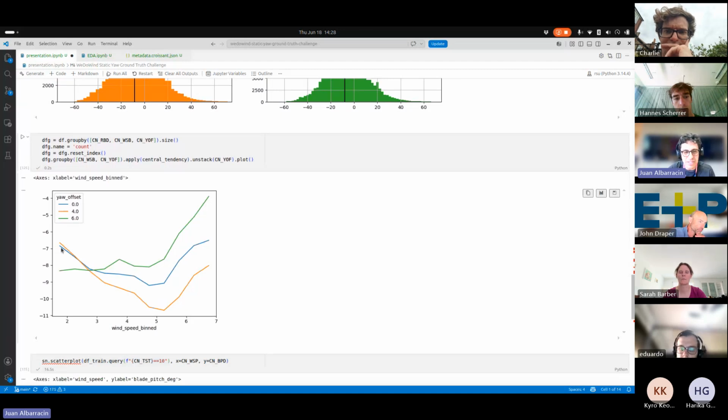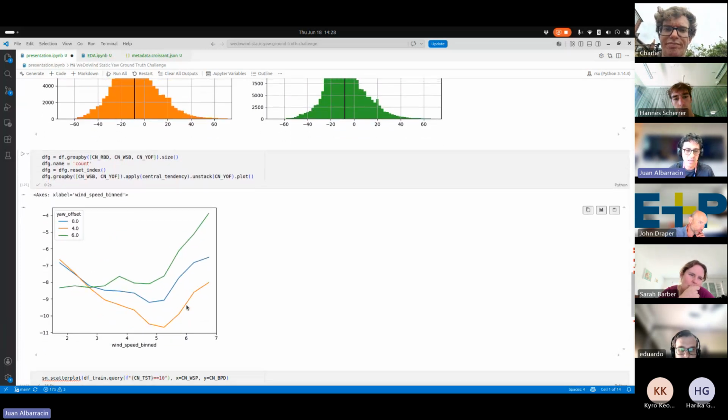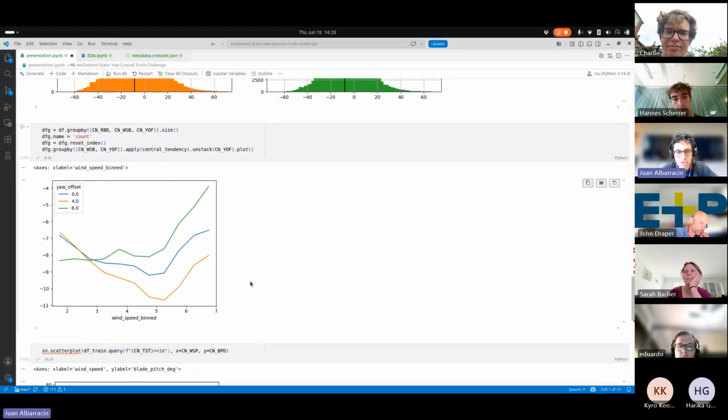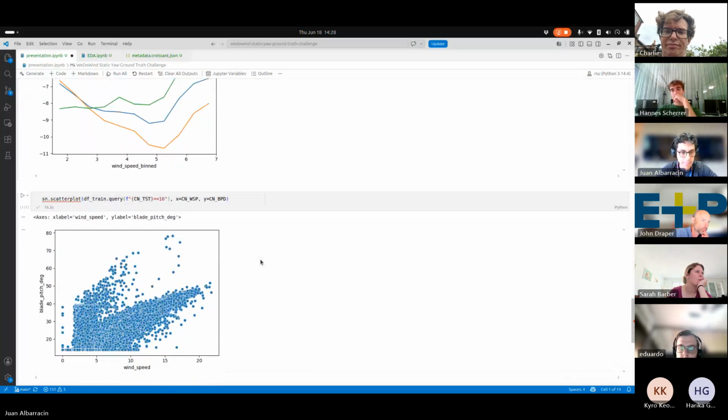That's the only way we see that there is a change. If you see an average, looks like they are similar, but with higher wind speeds, they kind of separate themselves. This is the most informative, most discriminative thing that we found to differentiate the different offsets. But we couldn't go further than that. We don't have ideas on how to apply this to a solution that can classify those offsets.